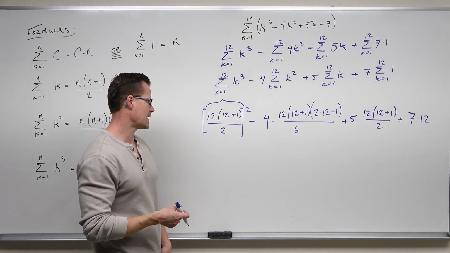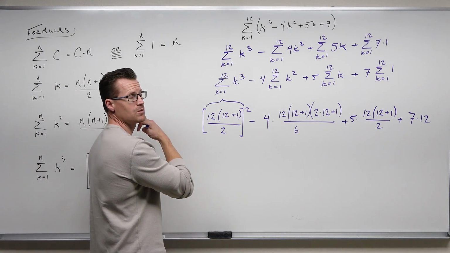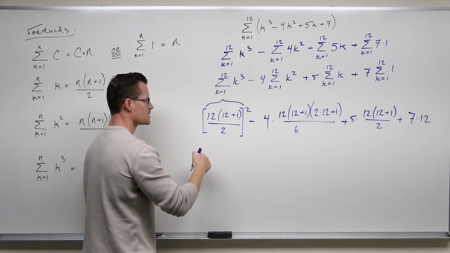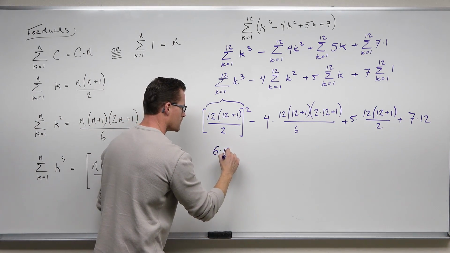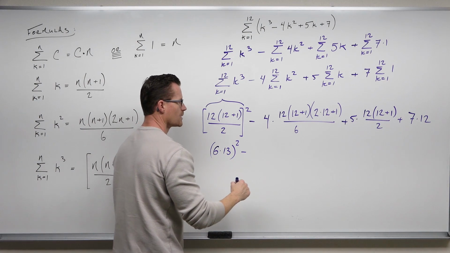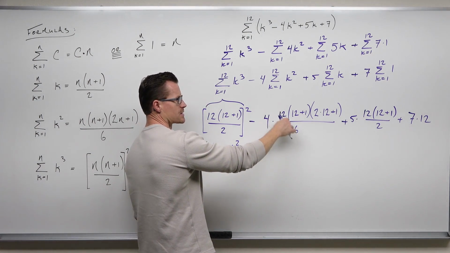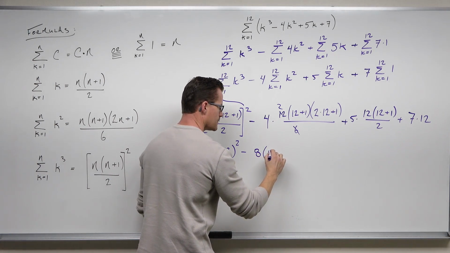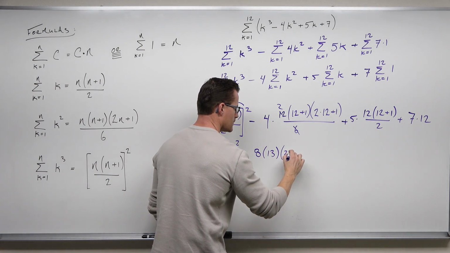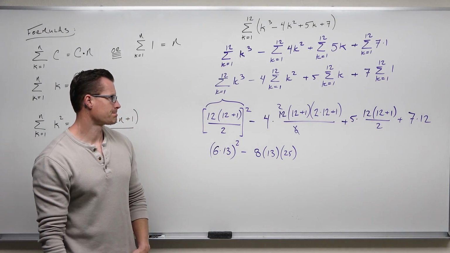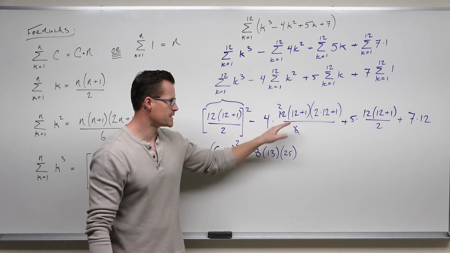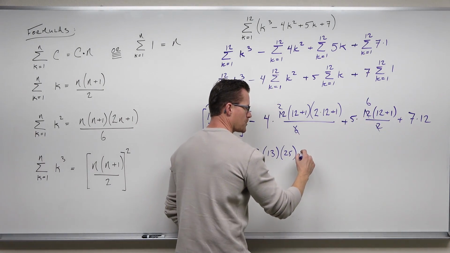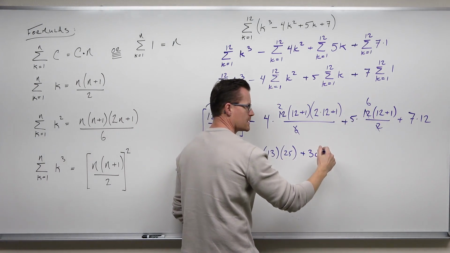I'll simplify because I don't have a calculator handy. I would do things like this. I'd simplify all of my fractions because they all will. So this is going to be 6 times 13 squared minus, this would give us 2 times 4 is 8. So 4 times 2 is 8, 13, 25. This is going to give us 6. That would be 30. 5 times 6 is 30 times 13